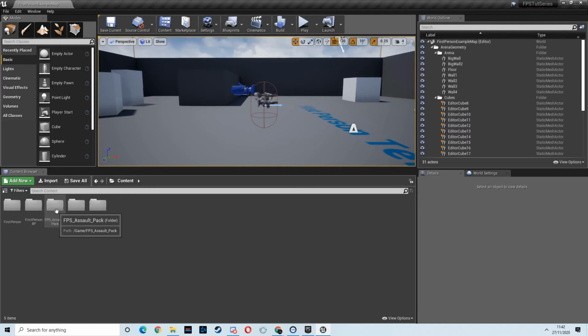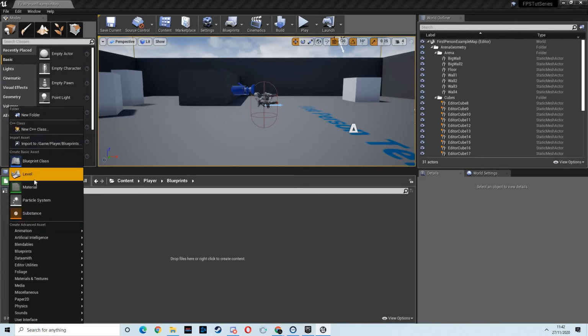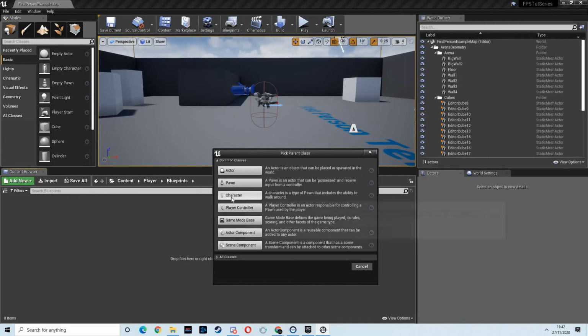So as you can see, I've got my first person assault pack in here, and in a bit we'll go and have a look at all the animations we've got in there. But for starters, I'm just going to create a new folder, and I'm going to call it player, and then I'm going to go in there and create another folder called blueprints,